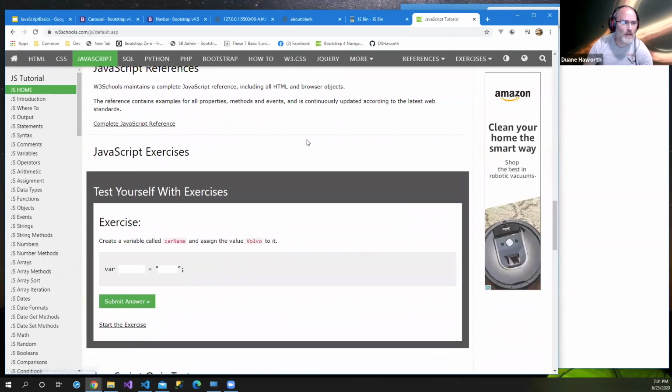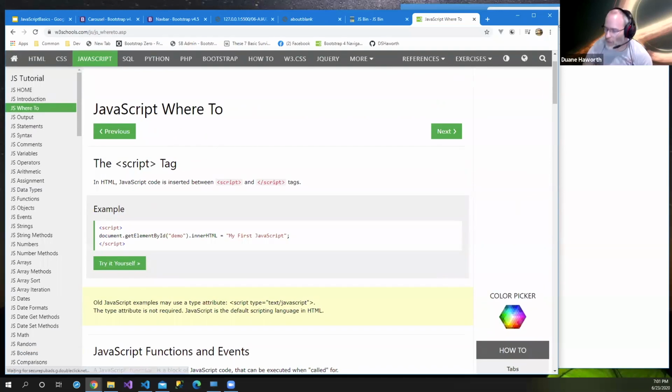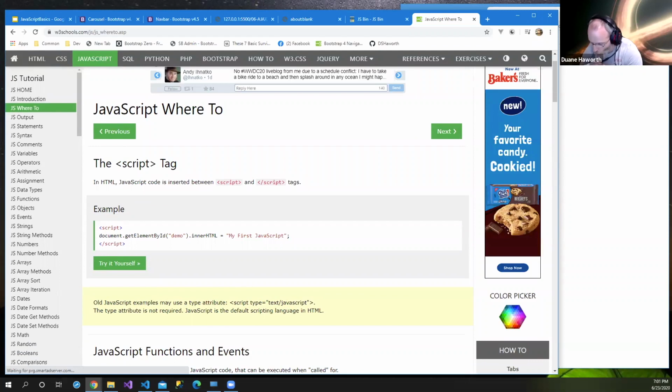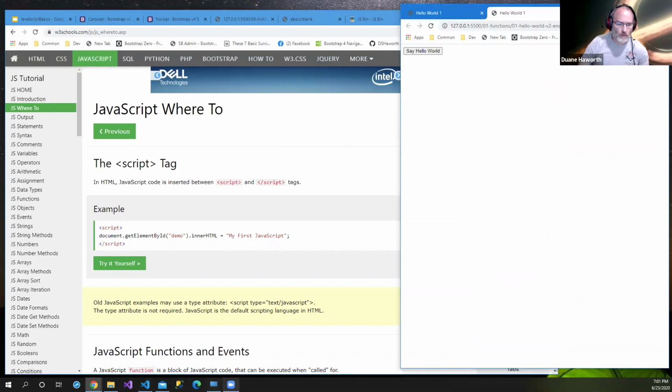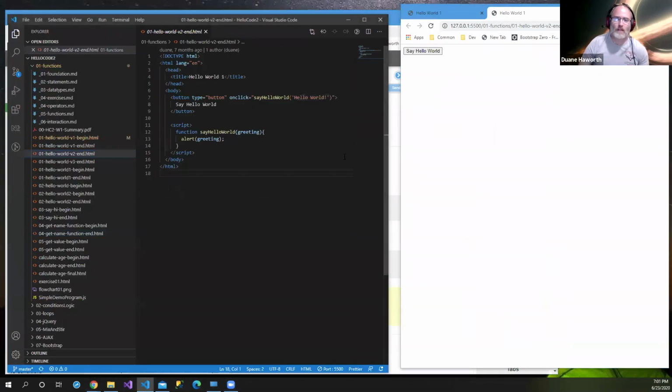Exercise, let's see. Oh, so where do you put JavaScript? JavaScript is transportable. Let's see if I go back to here. JavaScript is transportable. All right, so here I put my JavaScript inside my page. So here it's not transportable. But down here you can see,